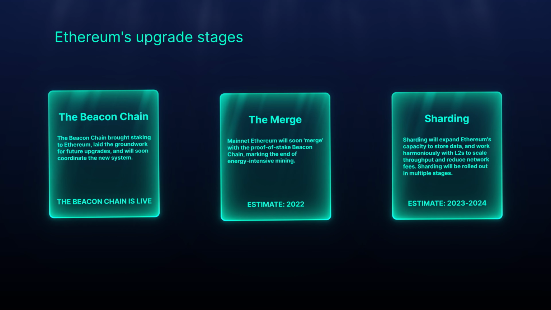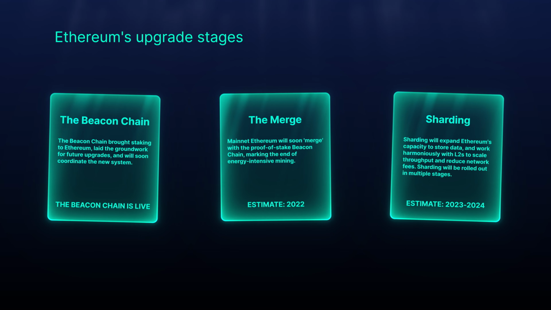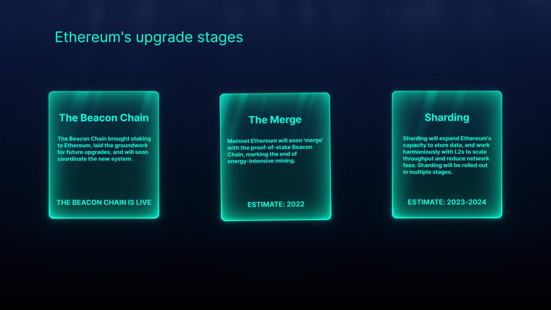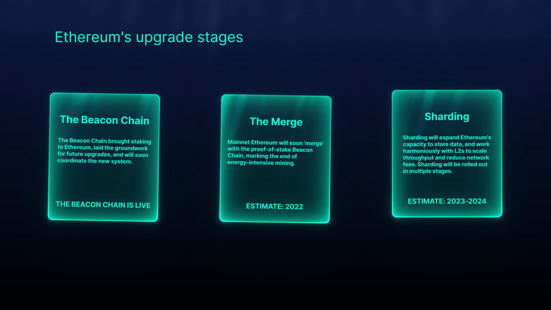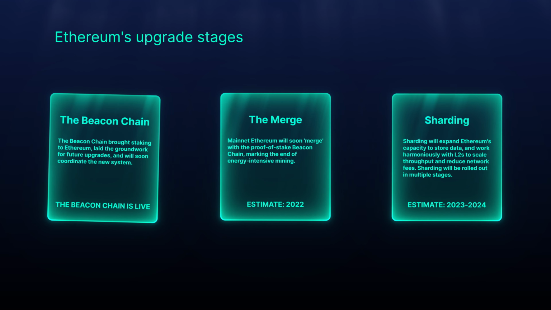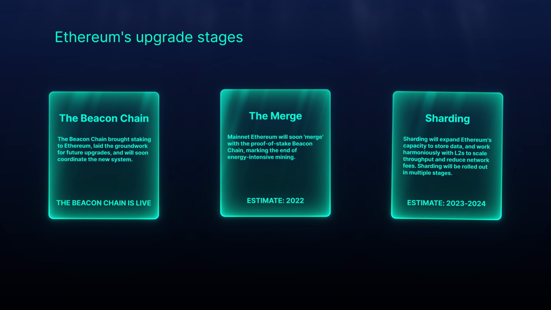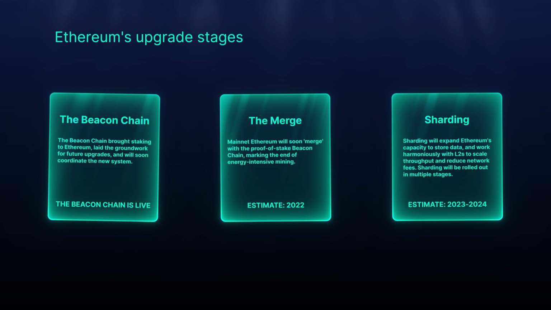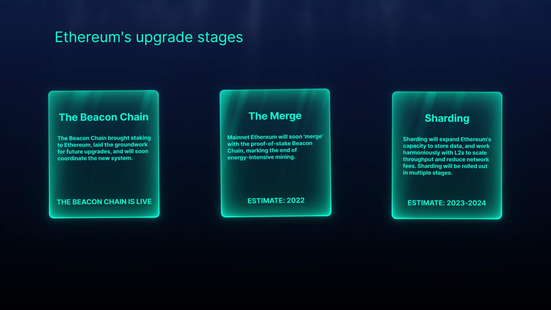The final stage of the transition will be the Shard Chains fork, which should play a key role in scalability. The update will split the main chain into segments, significantly speeding up the network. Shard chains should ship sometime in 2023 depending on how quickly work progresses after the merge. These shards will give Ethereum more capacity to store and access data, but they won't be used for executing code.